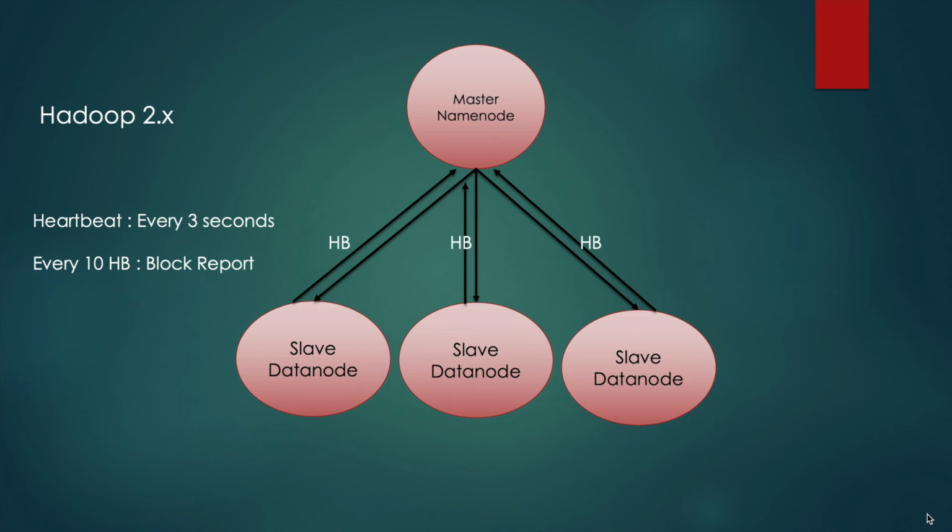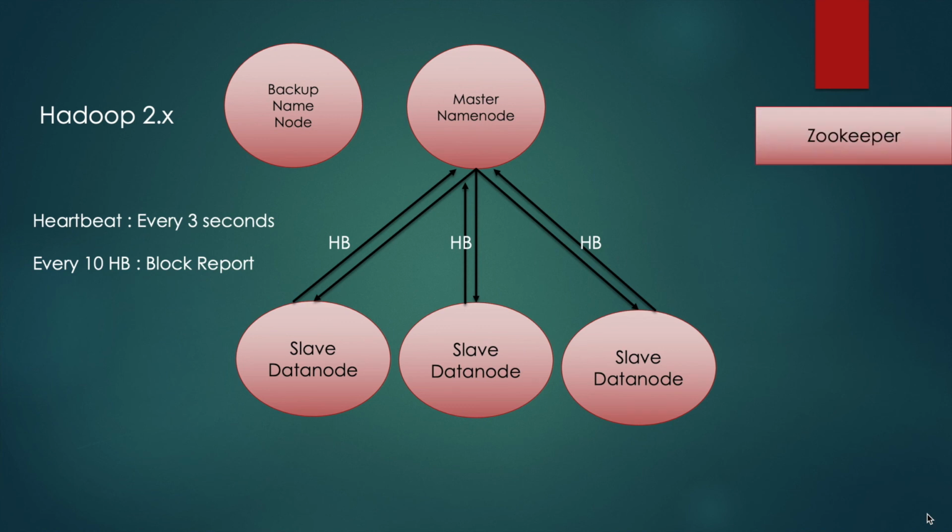We have the name node and the data nodes, and here we also have something called the backup name node or secondary name node. Now in this architecture we have two name nodes, primary and secondary, and at any given point in time the data nodes should be reporting to only one master. They cannot report to two masters, with some data nodes reporting to the primary and some reporting to the backup name node. That kind of scenario should not happen. In order to ensure that all these data nodes report to only one master, we have a zookeeper here. It will ensure that all the nodes report to only one master at a time.